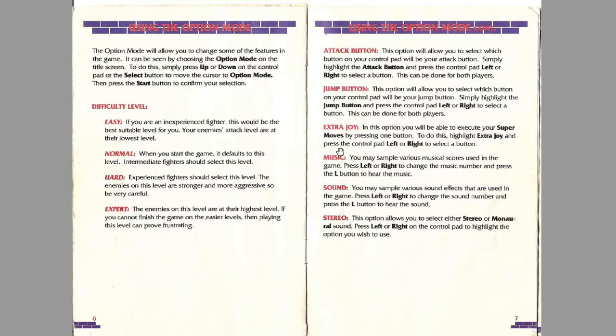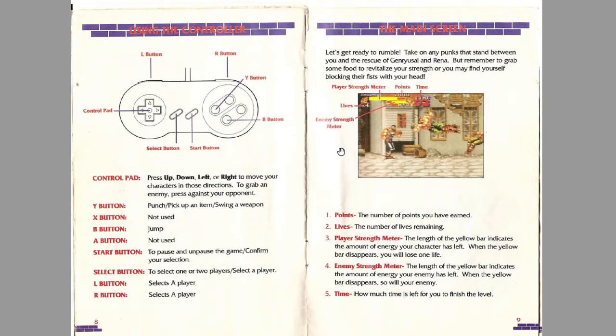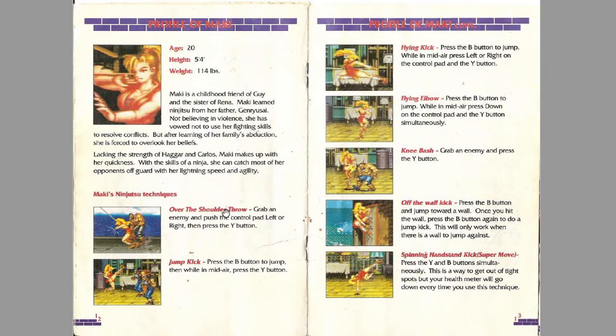But yeah, extra joy. I don't know. It just seems not the best name. Yeah, it seems like a really weird choice of name. So you get your button layout and your HUD layout, of course. Lots of screenshots. I like this. So not only does each character get a dossier, it actually tells you all their moves and how you do them. So Haggar, and then